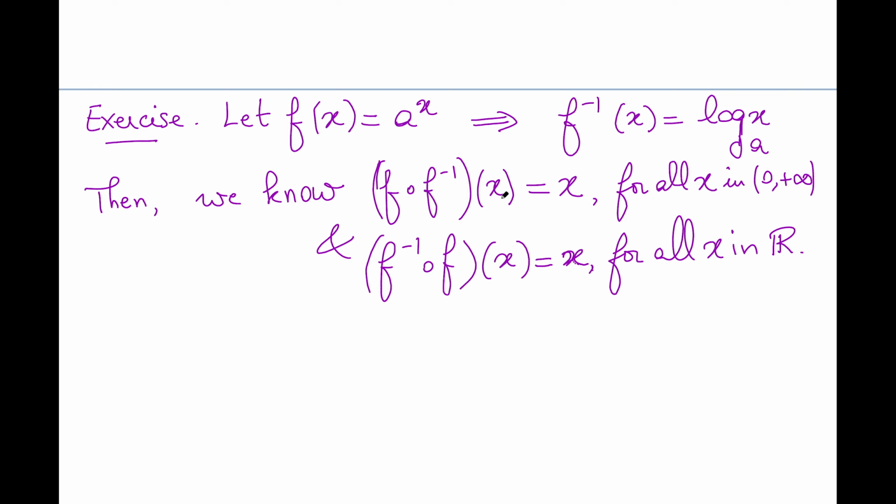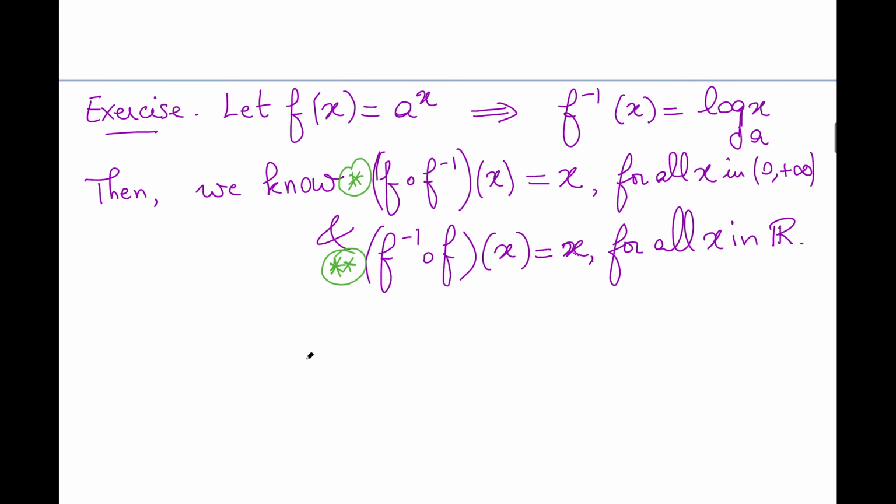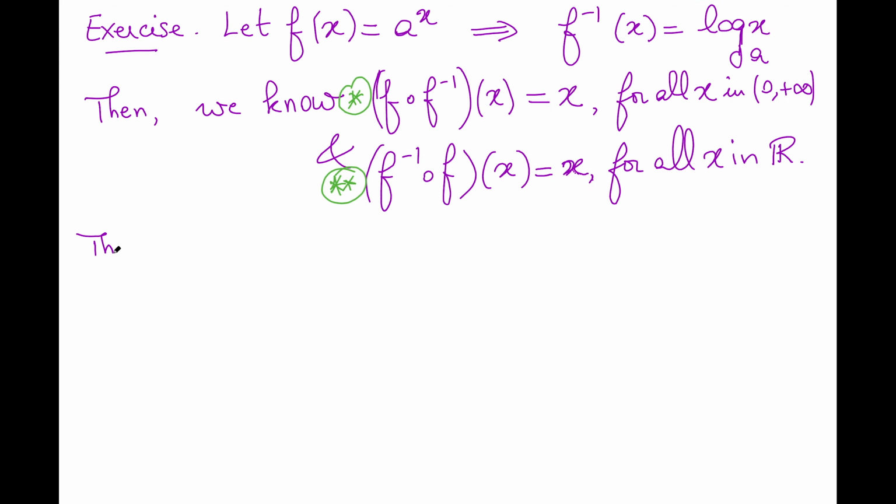All right. How about we unravel what this side means in this context? Because these two properties hold for any function f and its inverse, right? In this case, what does this mean? What does this left-hand side mean and this right-hand side? What do they mean? How about we give them names? Let's call them asterisk and double asterisk. Then the left-hand side of asterisk is